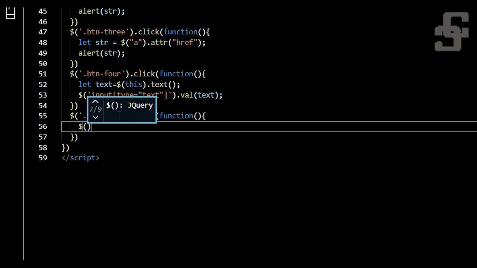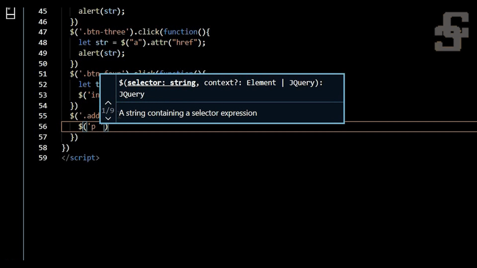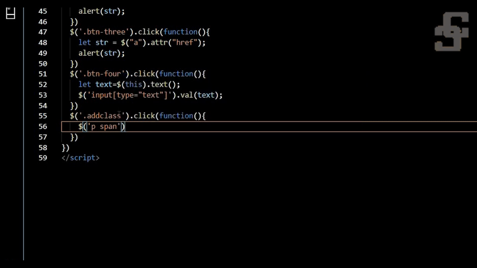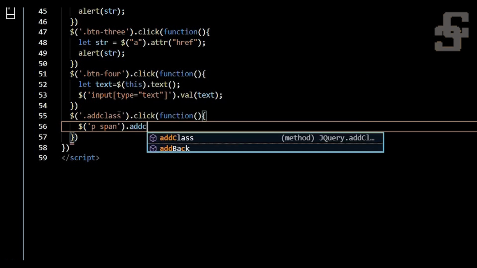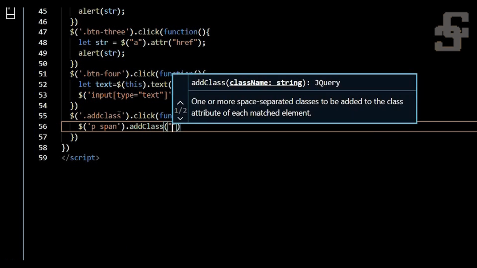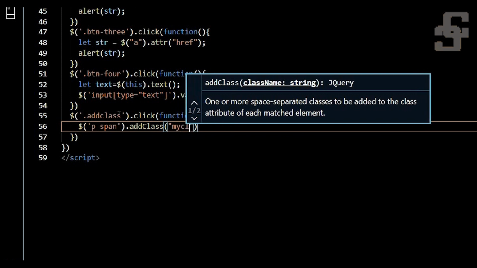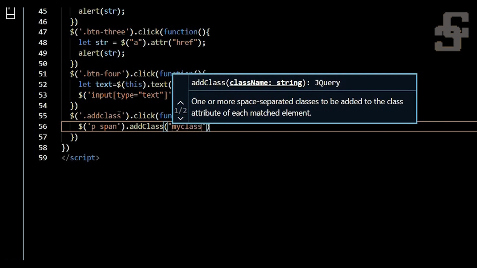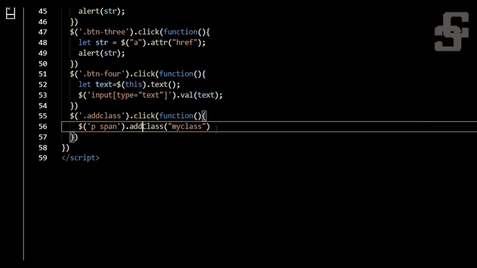Inside the p tag, I'm looking for the span tag, dot add class, and here our class name is my class. Here we don't want to give the dot, since we have already mentioned that it is a class. Okay,